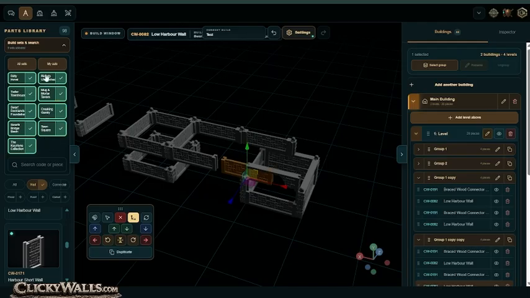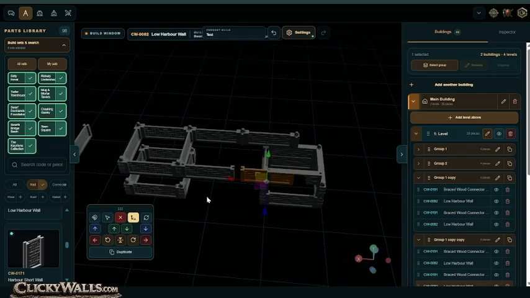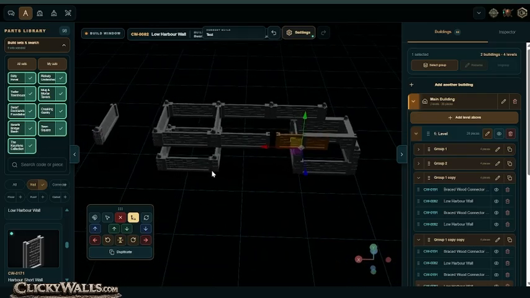If you've got one in here that is not green, it's because you don't own it. If you don't own it, you can still build it, but it just means when you download it, those bits will be missing, so you won't be able to print it off. In fact, I don't think it'll let you download anything that doesn't have something that you own. I'm not 100% sure, I can't remember how I set it up,